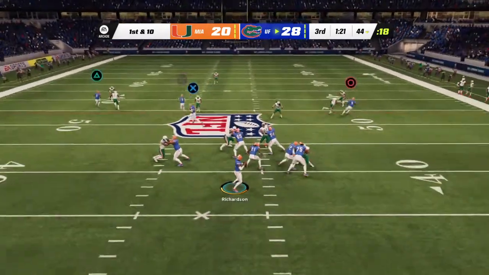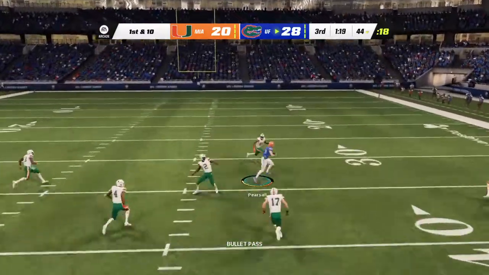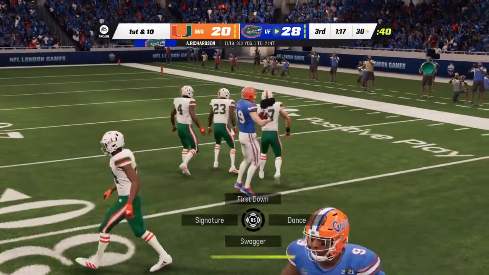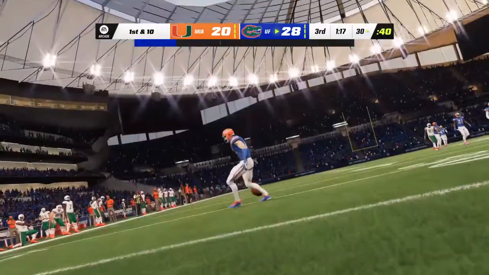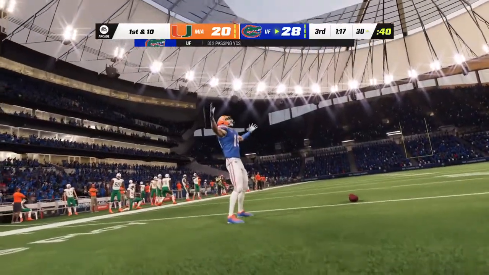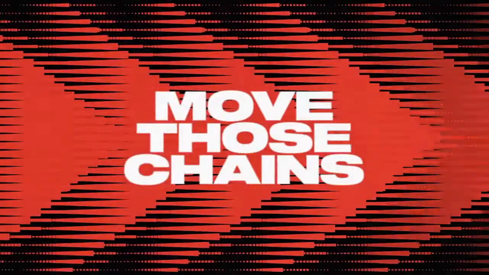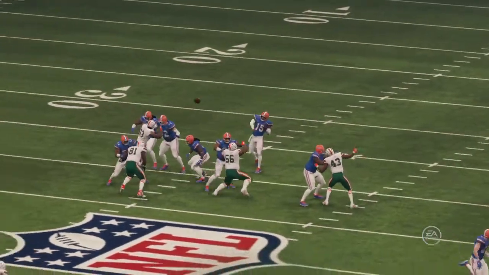Off play action. Richardson. He finds his man, complete. That's Wells. And he's got this to the 30 before being taken down. 26 big yards on that one. It's another first down. And with that last play, he's now up over that 300-yard mark. And in today...